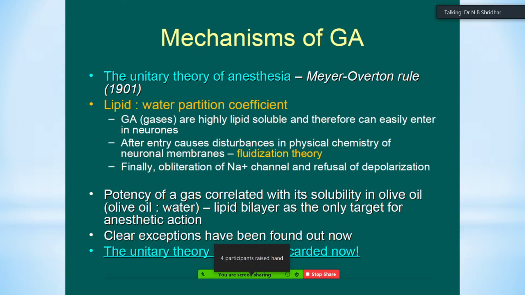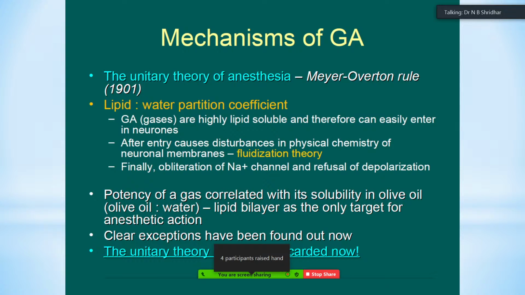Finally, obliteration of sodium channels and failure of depolarization occurs. And the potency of a gas correlates with its solubility in olive oil,